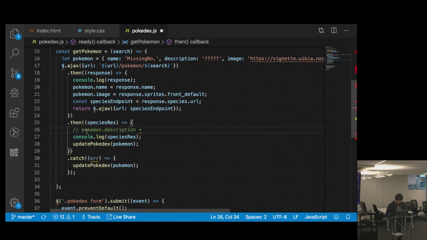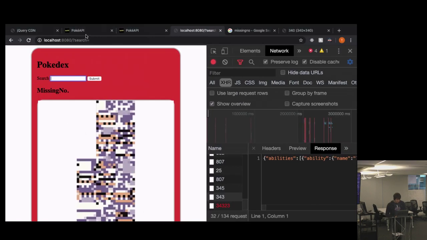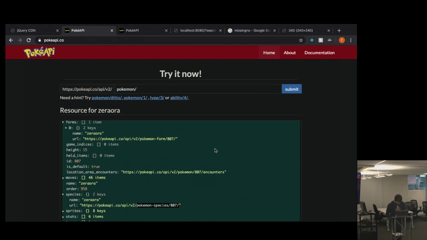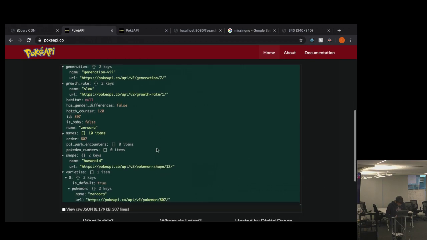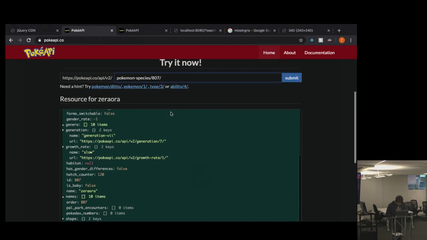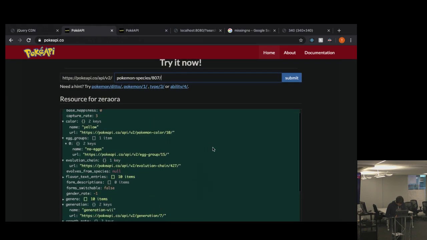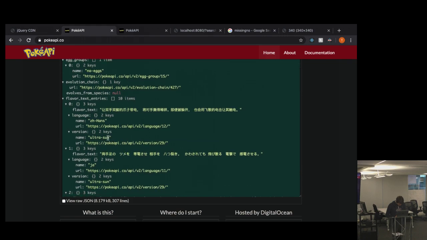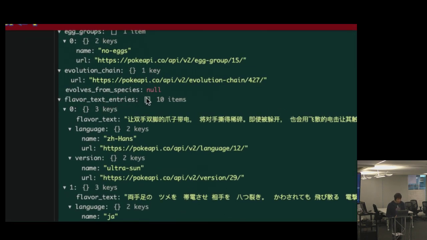Now we want to update the Pokemon description. Over here, this is the endpoint we're trying. Let's look at flavor text entries. So it has a root key called flavor text entries, which is an array. Each element in the array is an object that has the flavor text and the language